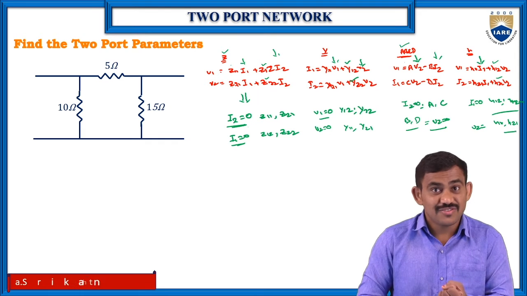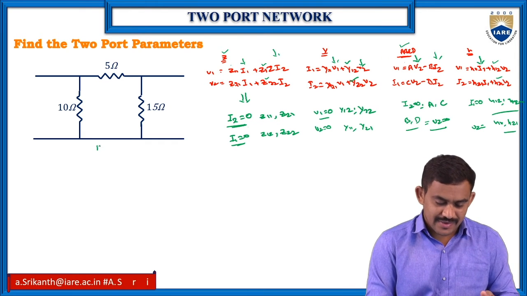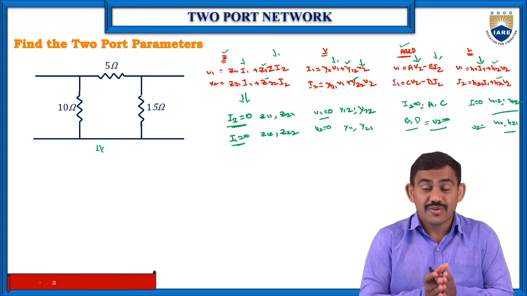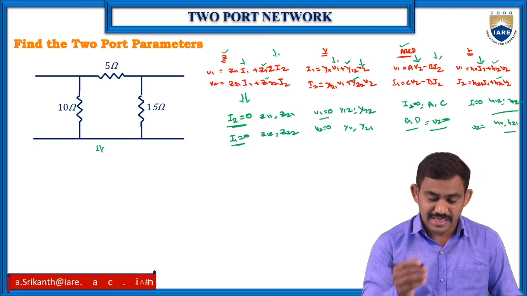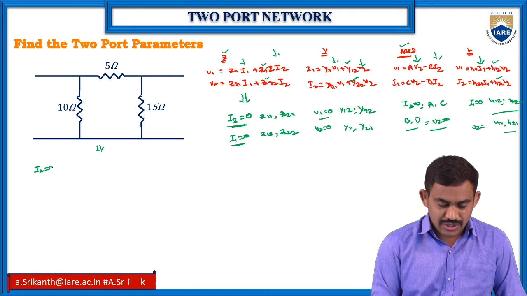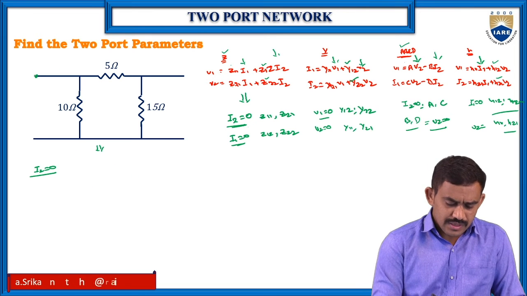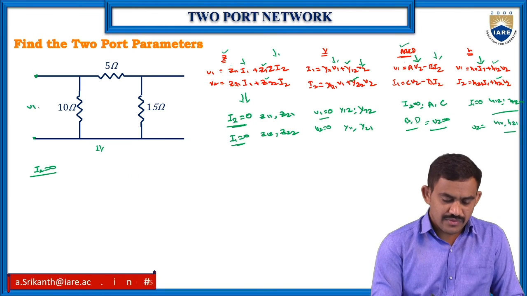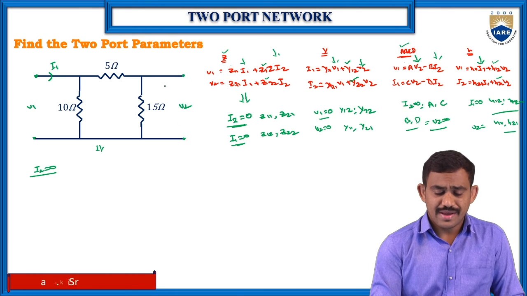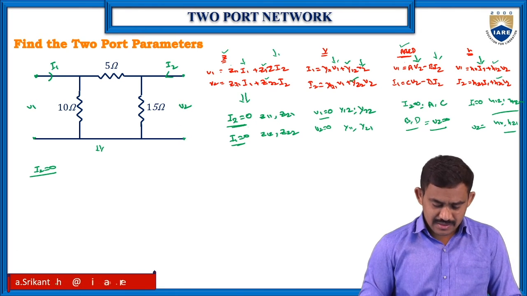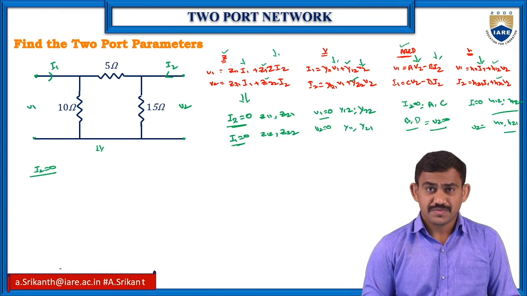That is current as well as voltage. So what are your circuits now? From this pi network, I need to write the 4 equations, so I need to draw the 4 circuits now. Check it now. Here I2 equals 0. The primary side is V1 and I1, and the secondary side is V2 and I2. So that is the general 2-port network equations.